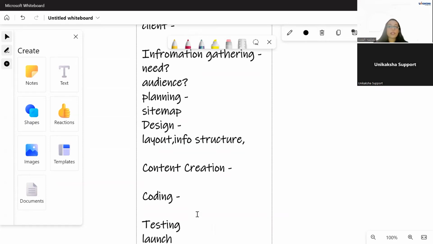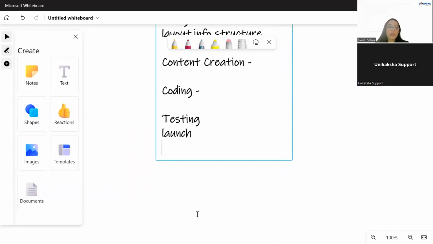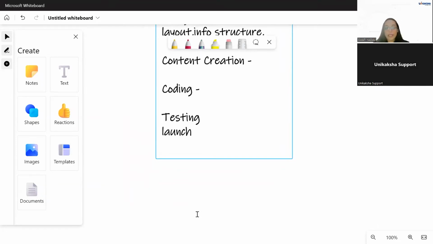So just like any software development process, here also we have to test. Websites also need to be tested and they need to be debugged before they are ready to go live. Okay.